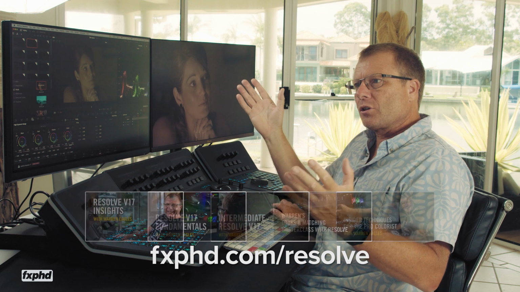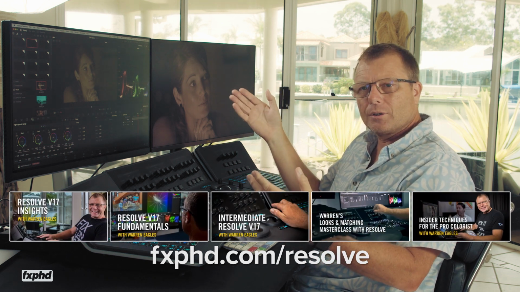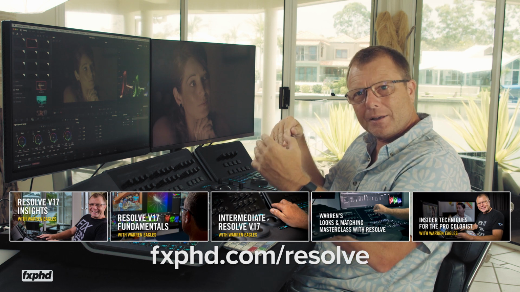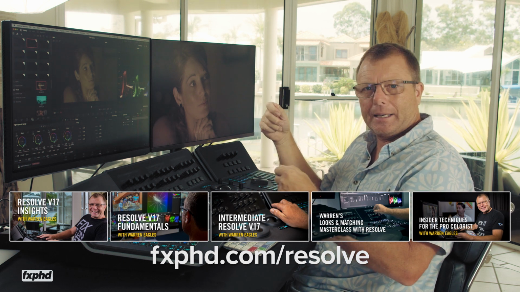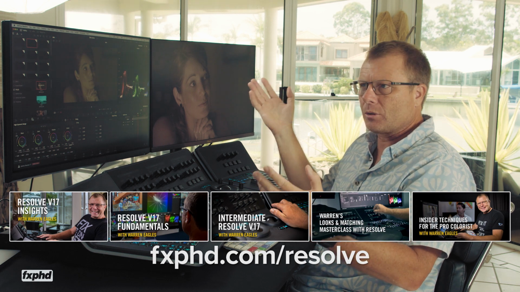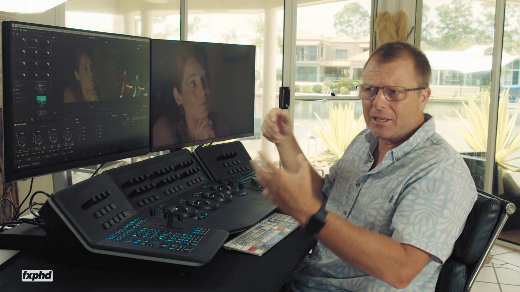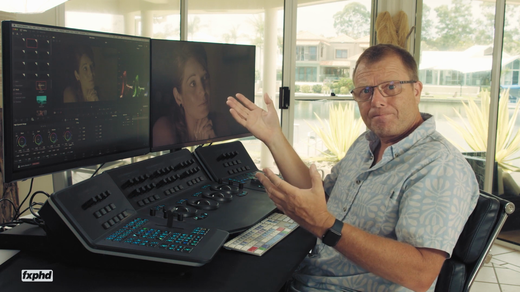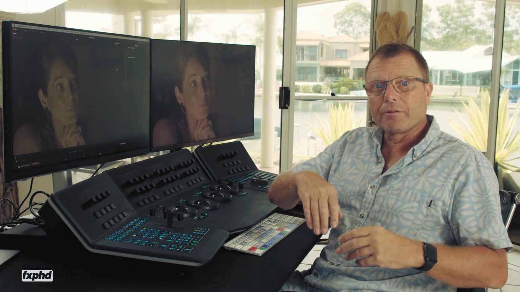Now, we get to a certain level, we have to expect that people should look quite good. If they've been shot okay and you balance them out, there's no reason to really think we should be going in there having a key. I know we have problems sometimes with mixed color temperatures and people get a bit red, they get nervous, we have to key things. Always try and do it with the primary. So what else can we do? So face refinement has been improved in 17.